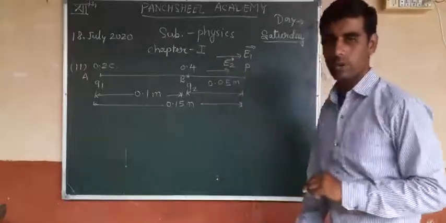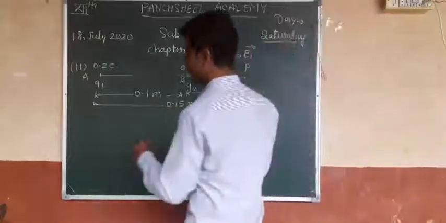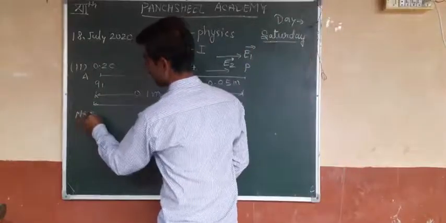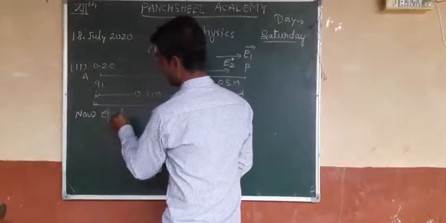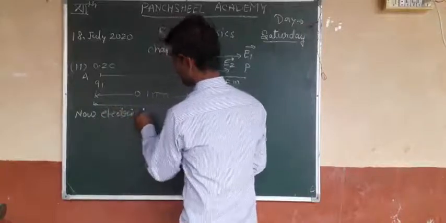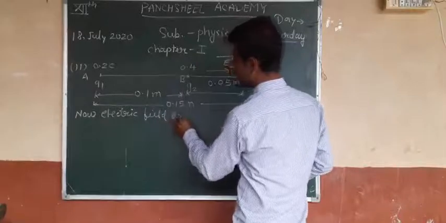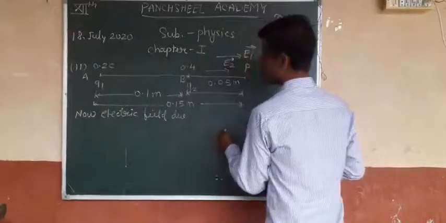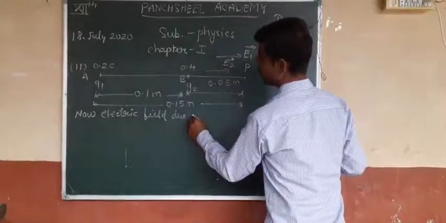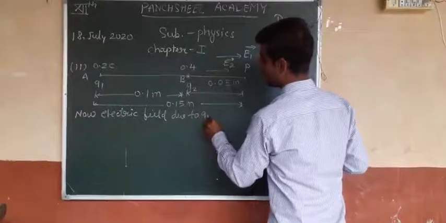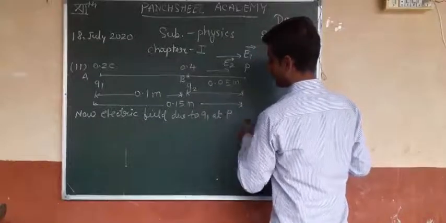So we have to calculate the value of E1 and E2. Now the electric field due to Q1 at P